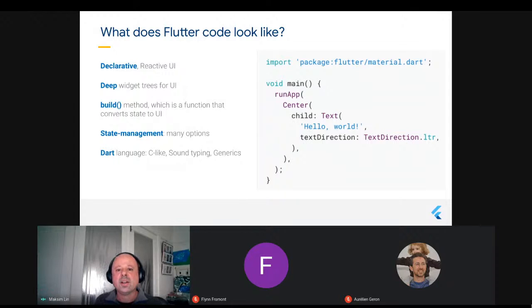So basically, what I wanted to show with this little example is roughly what a Flutter app looks like in terms of the nesting. As I mentioned previously, there's a Center widget, which sits inside the runApp method, which centers whatever's inside it. And it has one child, which is just a Text widget. And we're giving that Text widget some state. In this case, it's hard-coded state, which is just a string, hello world. But you could, for instance, imagine that this might be some piece of data that's manipulated in some other place in your app.